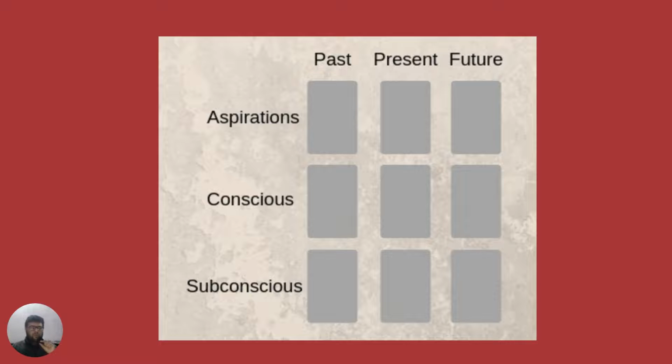If a person comes to you and wants a tarot reading, and you employ the nine card spread, then you can tell them, okay, in the past you were thinking like this, you had these aspirations, and deep in your mind you felt like this. So that person can now relate to it and say, yes, I felt like that, or no, I didn't feel like that.